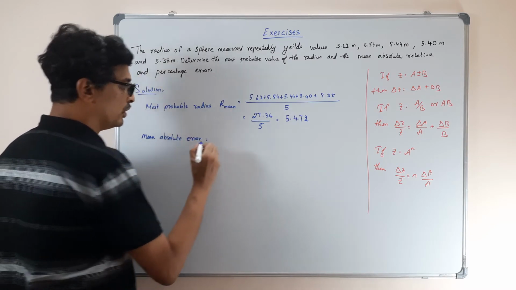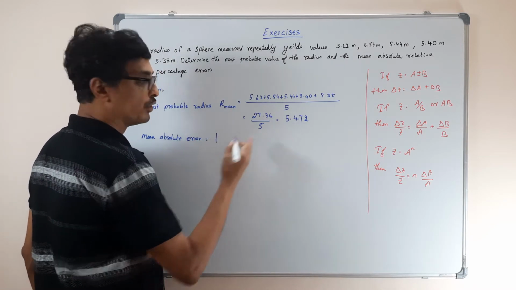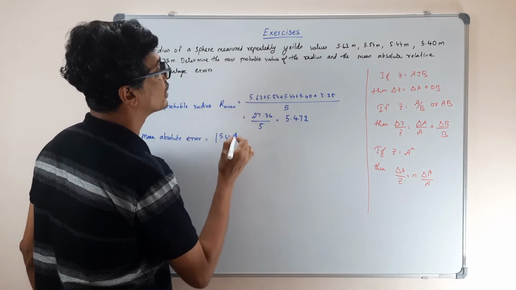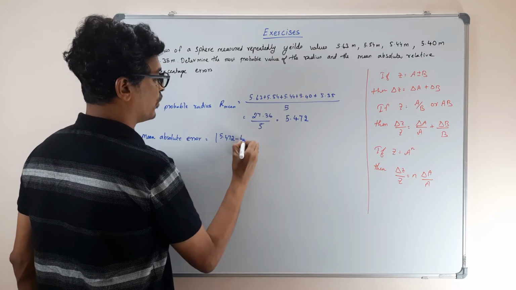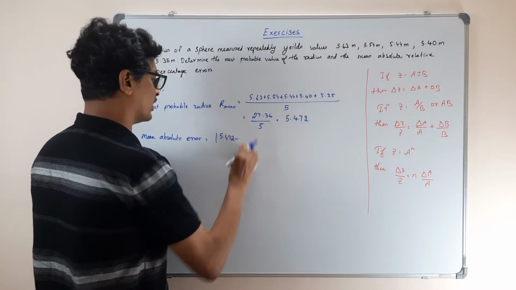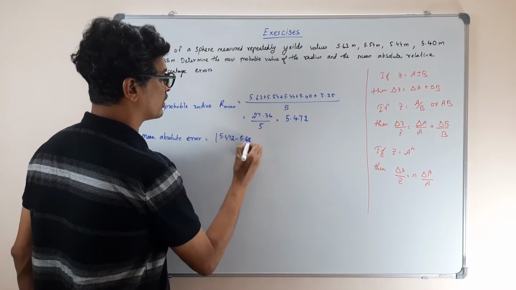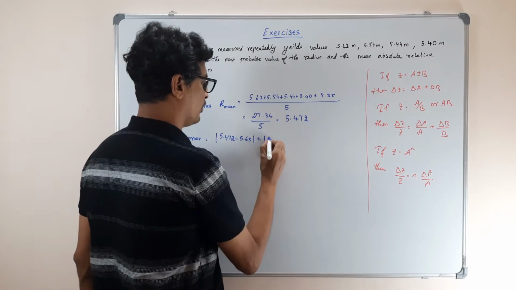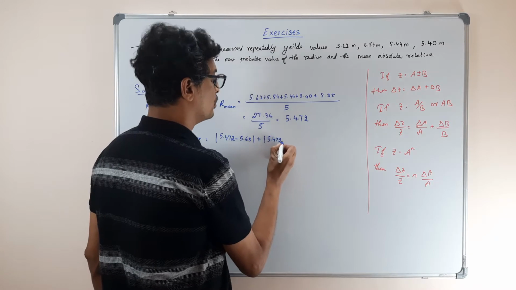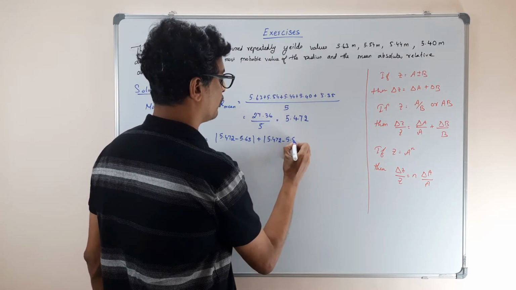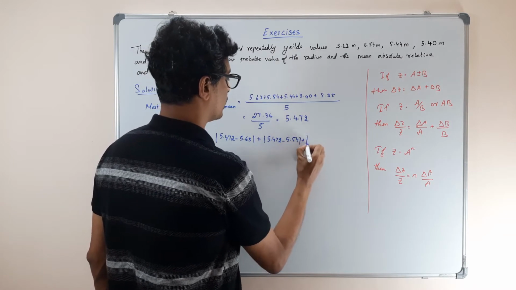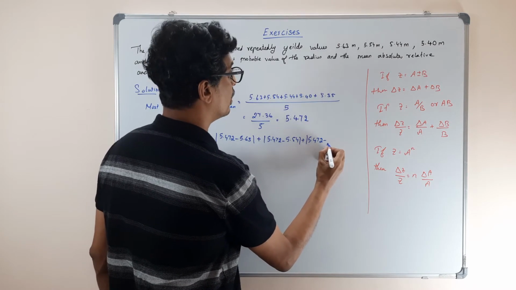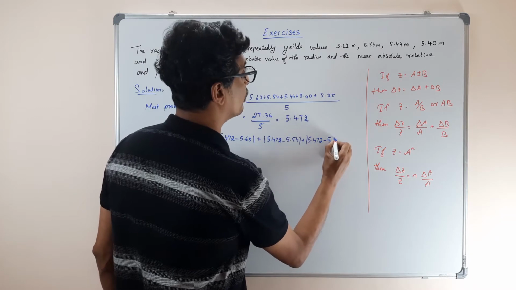Basically take the difference: 5.472 minus the first value, 5.63, correct? 5.63 plus, it means difference. So then 5.472 minus 5.54 plus 5.472 minus 5.44